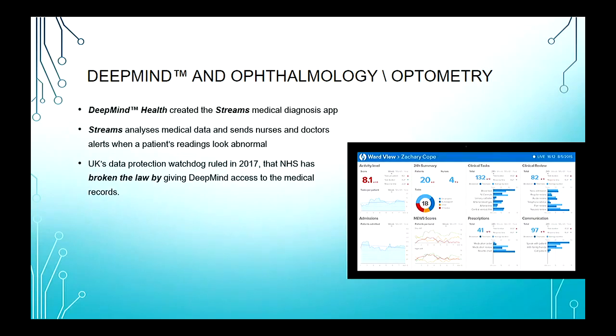However, again, they helped themselves to a lot of extra data. For example, where did you go? What did you shop for? Did you shop for healthy food or rubbish food? They had all that data. And again, they got into a bit of a problem with the courts in the UK. I got that quote out of the judgment against DeepMind. This was a judge telling DeepMind that the price of innovation does not need to be the erosion of fundamental privacy rights. So on its face, this app can do amazing things, but what's the price?